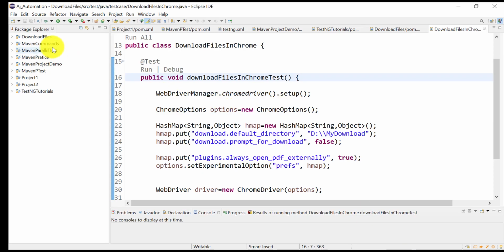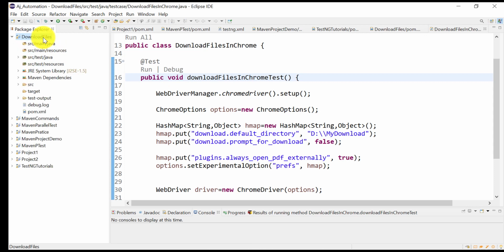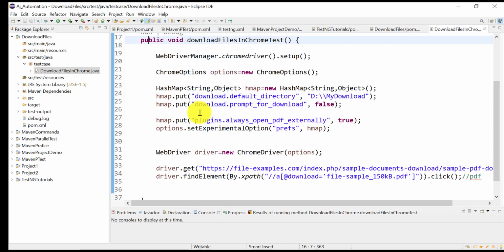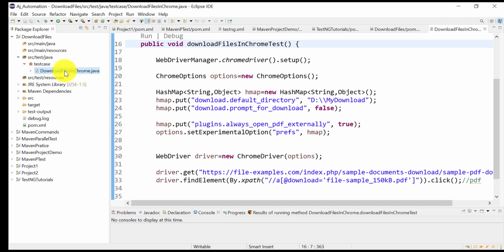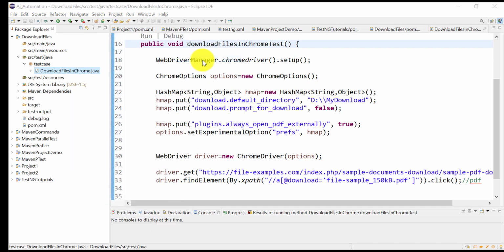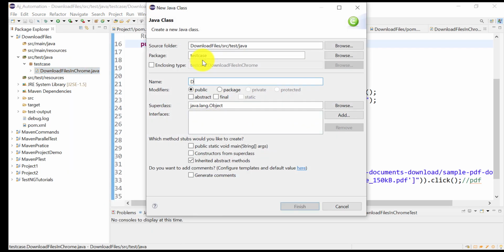So let me see. Okay, so this is the project I have already created, and here is our Chrome related automation script. Okay, so let me add quickly for Firefox. Download files in Firefox.